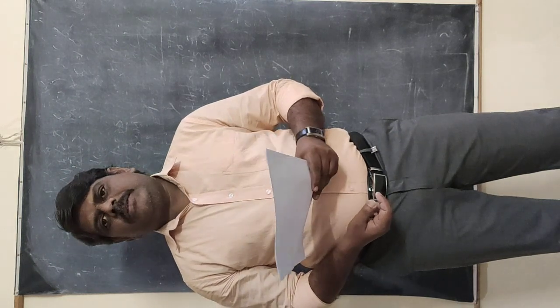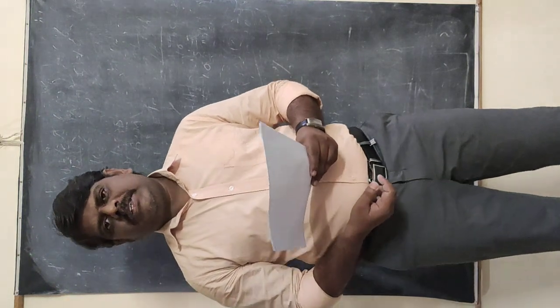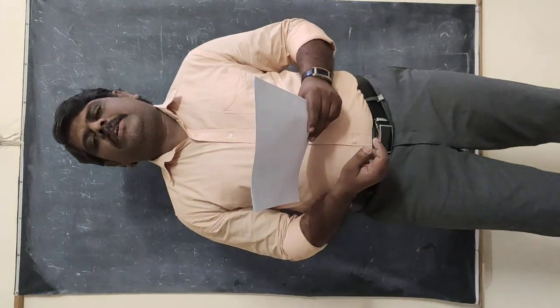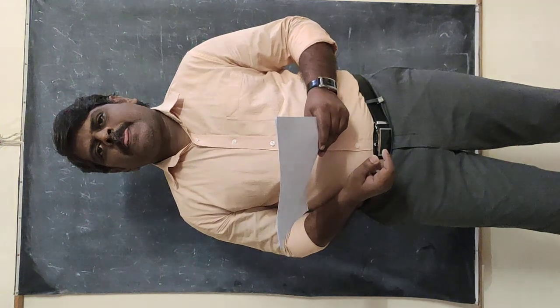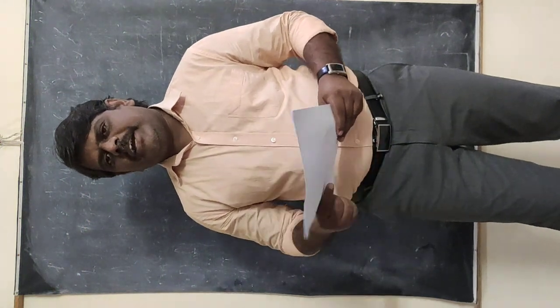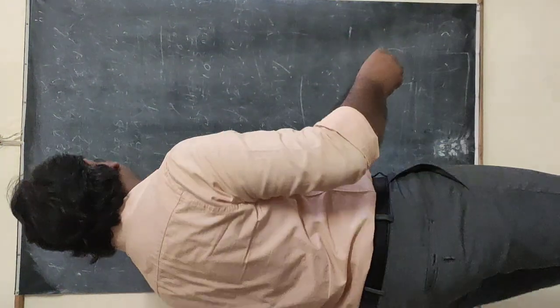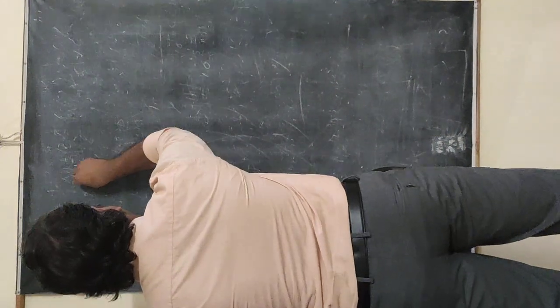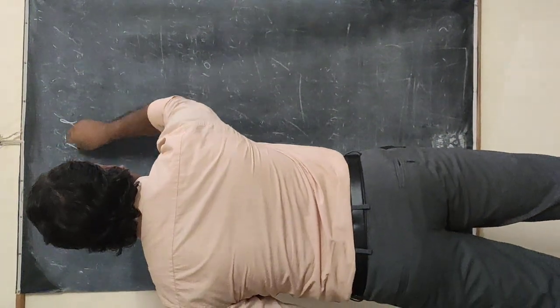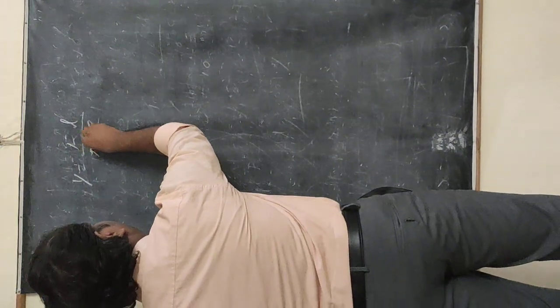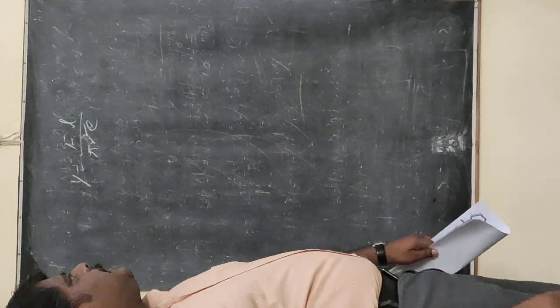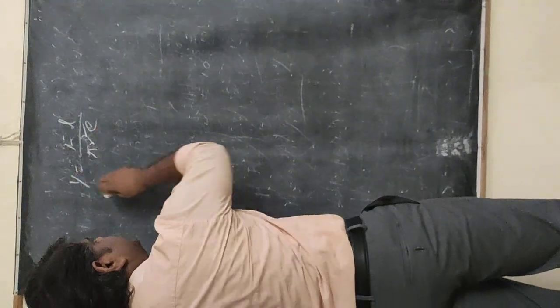So the force is also different. Initially in the first wire the force F is applied, and in the second one the force 2F is applied. Then you have to find out how much elongation there will be. That means you have to find out how the elongation is related here. So we know the formula: Young's modulus Y is equal to F into L by A into e. At the place of A, you can write pi R square. So that means e goes to this side.